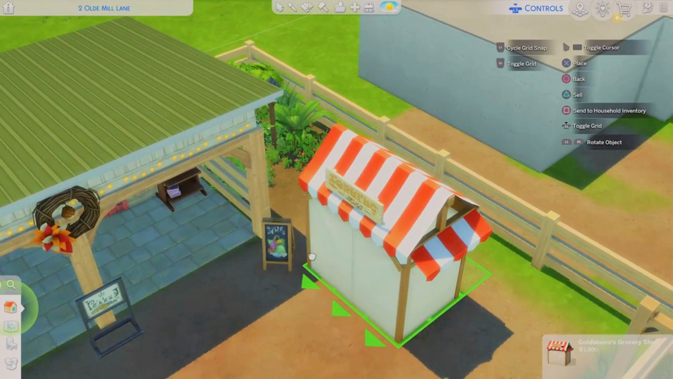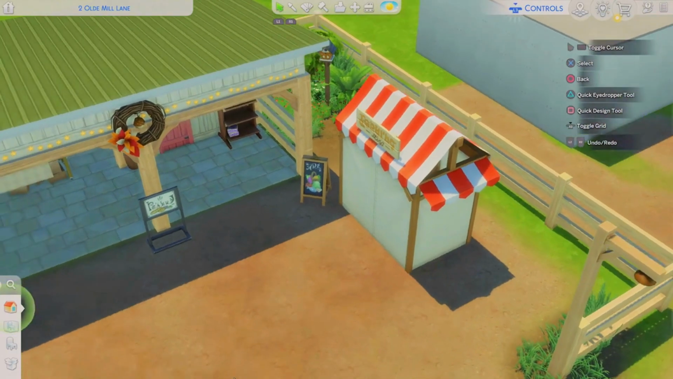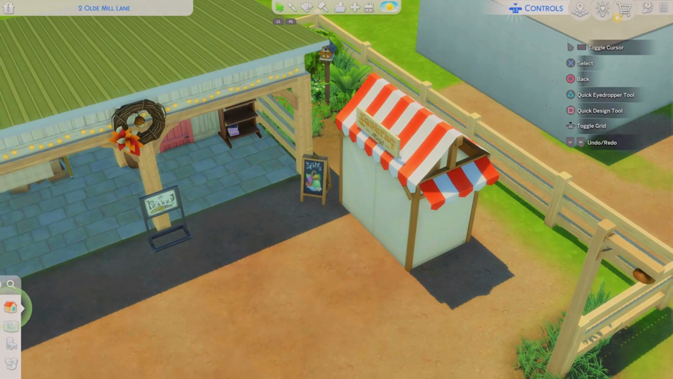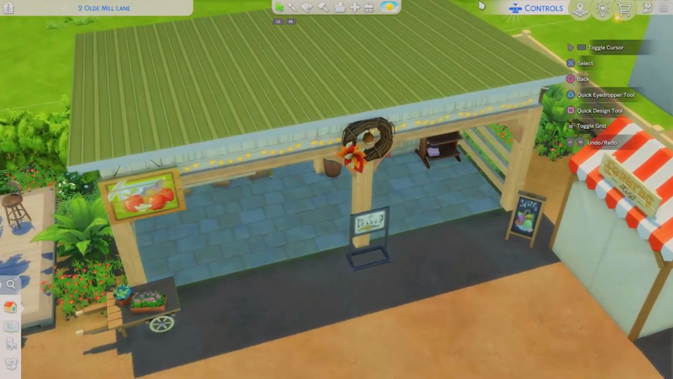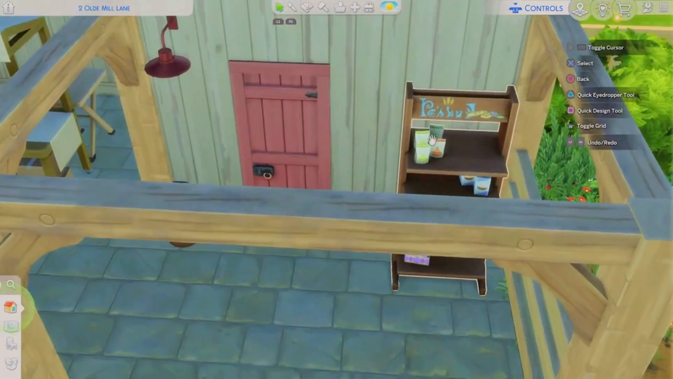I totally forgot to record myself doing the farmer's market area, so I'm just gonna be showing you what I ended up doing. I added in a couple stalls for people to come and sell some goodies. Underneath this covered area is where you can